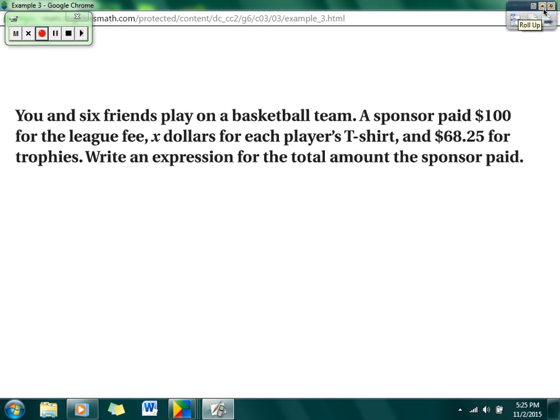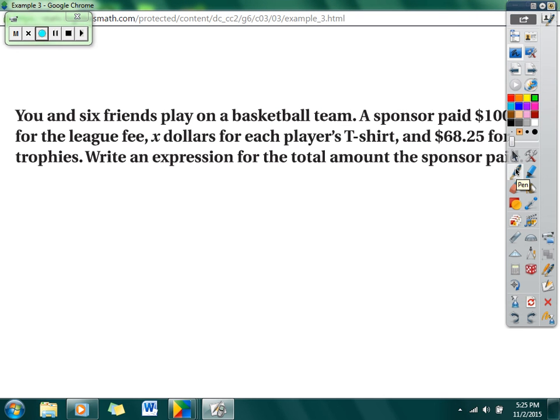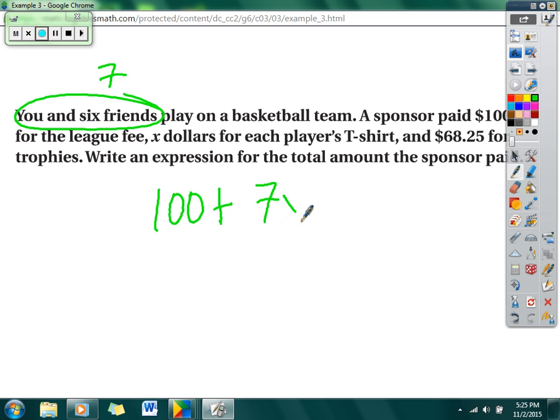Example number 3 says, you and 6 friends play on a basketball team. A sponsor paid $100 for the league fee, x dollars for each player's t-shirts, and $68.25 for trophies. Write an expression for the amount the sponsor paid. So the first thing we need to do is write exactly what it says. The sponsor paid $100 plus x for each player's t-shirt. I know I have you and 6 friends, so that's 7 people, 7x, plus